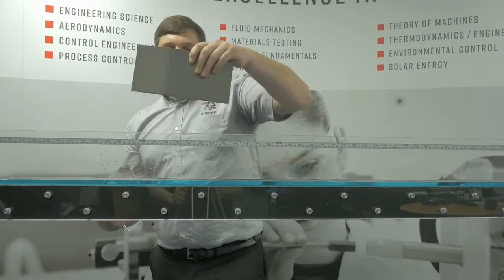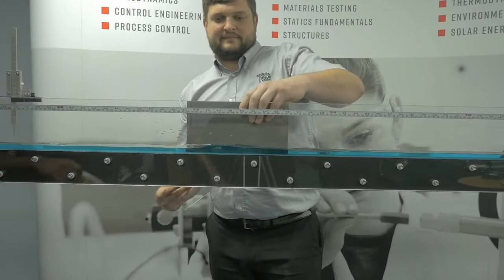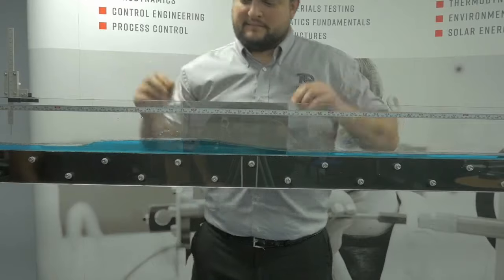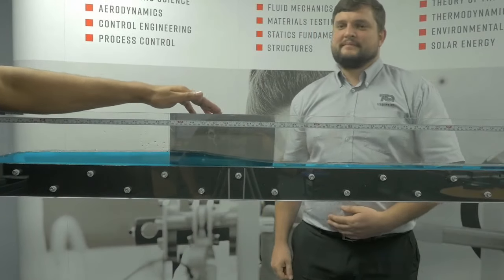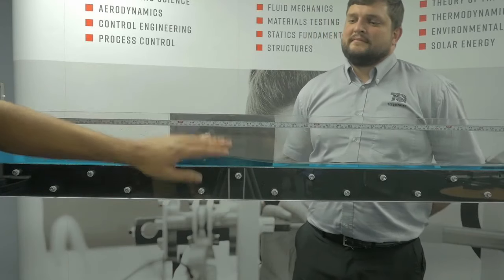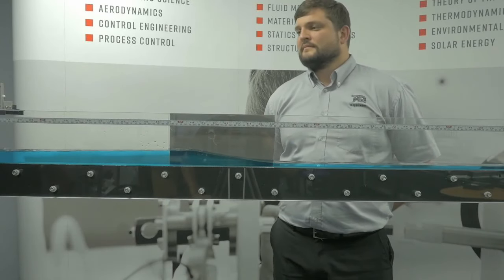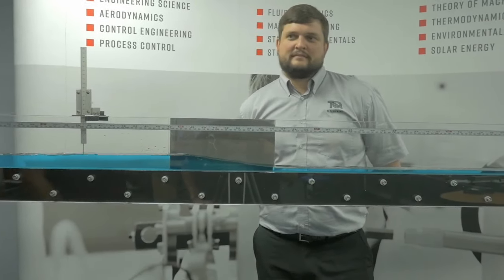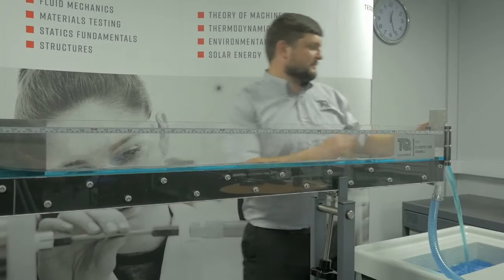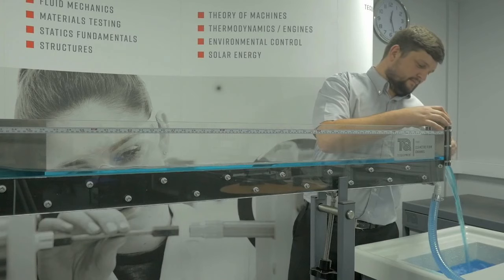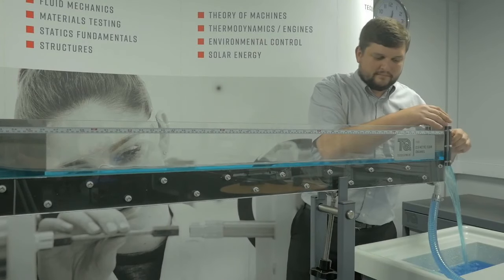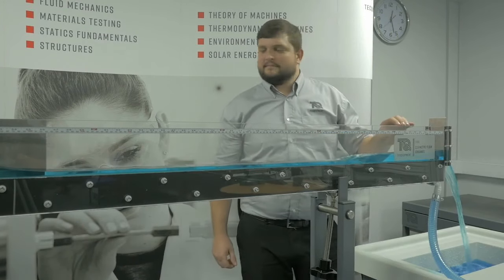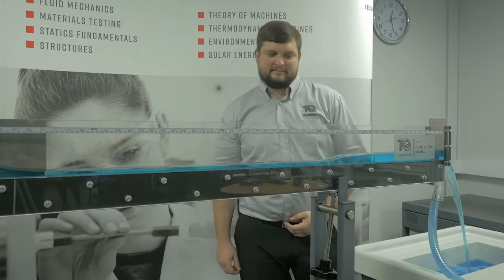The Venturi sides are made of 3 components. It's an expansion, a throat, and a contraction. As you can see, he fits it. The back side is an aluminium side, and this is an acrylic to see the depth. We also have a depth gauge here to measure the upstream depth. And Matt's going to close the sluice gate now. As he does this, a hydraulic jump will form. As you can see, the hydraulic jump is moving towards the Venturi sides.